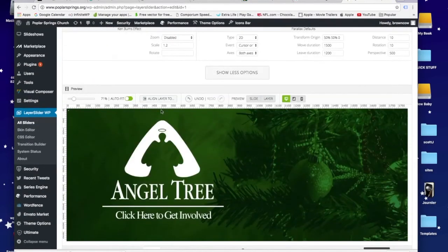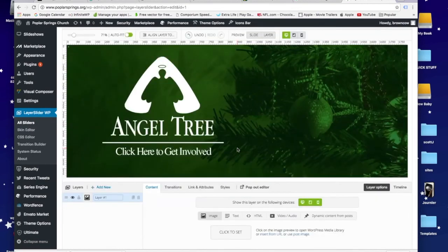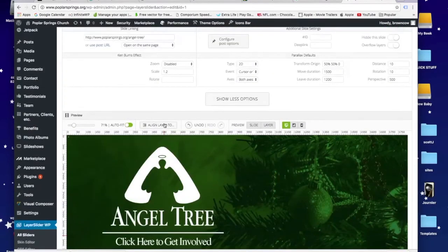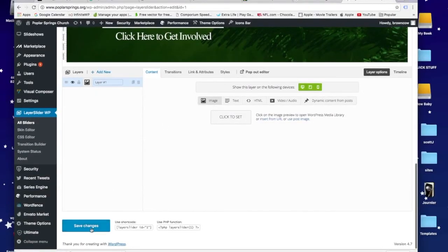This area down here is for layers. We don't have any layers on any of these, but you can. And layers would just mean that the background would come in first, and maybe this section here was a layer, and then this layer would come in a second or two later to make the slider a little more dynamic, I guess. But that's what layers are for. Once you do all of these changes, just remember to come down and click Save Changes, and your slider will be